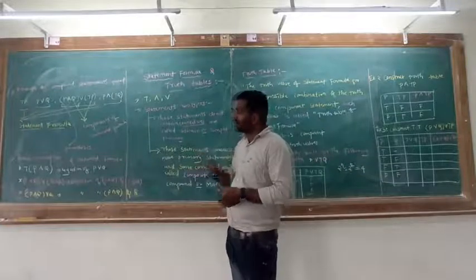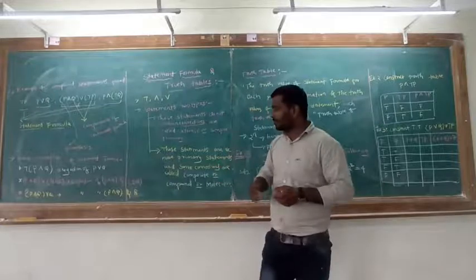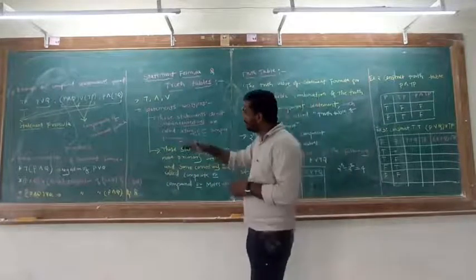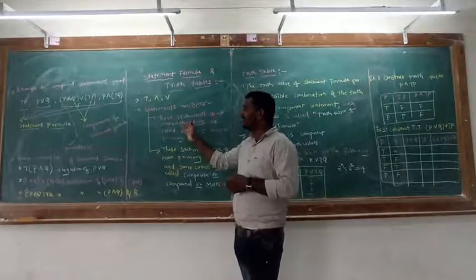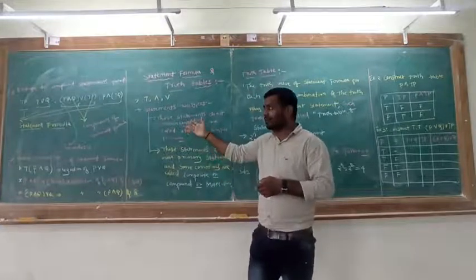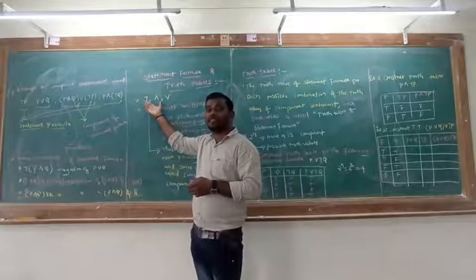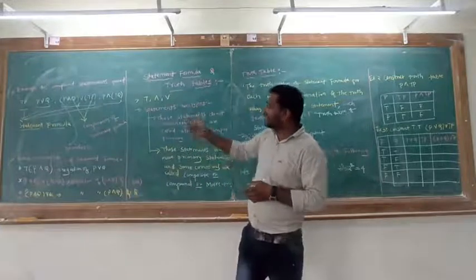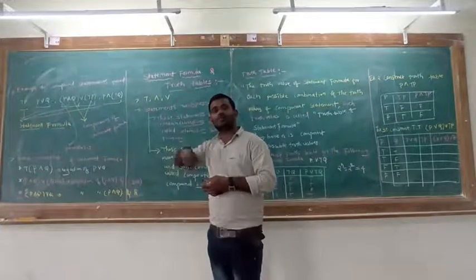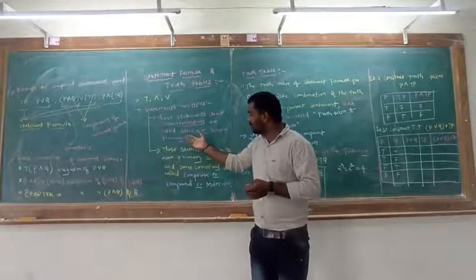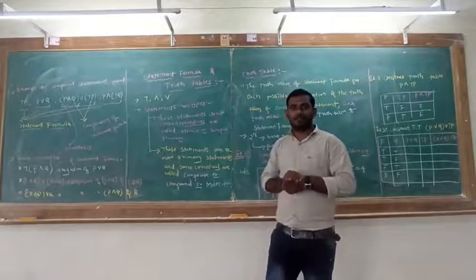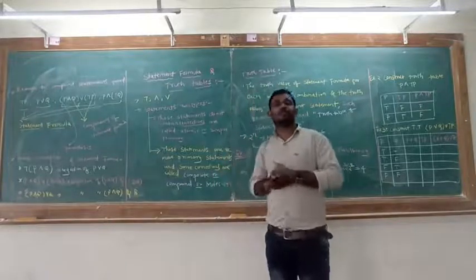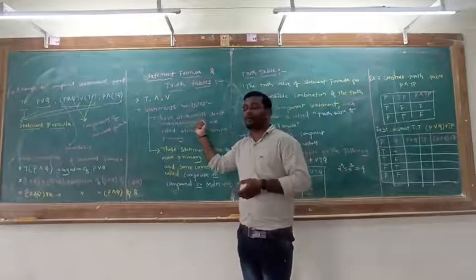What are the types of statements we studied? The first is the primary statement and the second is the composite statement. What is the primary statement? Primary statements do not contain any connective symbols. In primary statements, we will not have connectives like negation, conjunction, disjunction. We can call these primary statements, atomic statements, or simple statements. Also, any sentence which cannot be divided into subparts is called a primary statement.